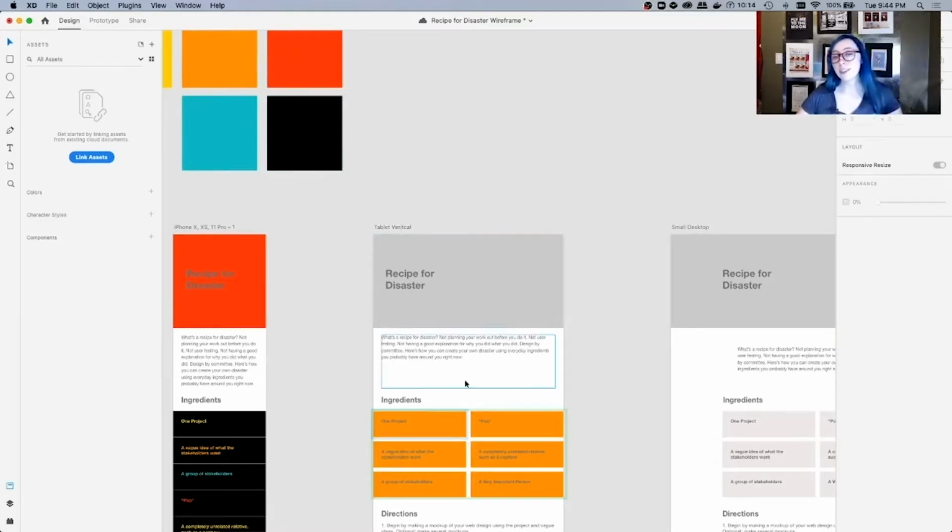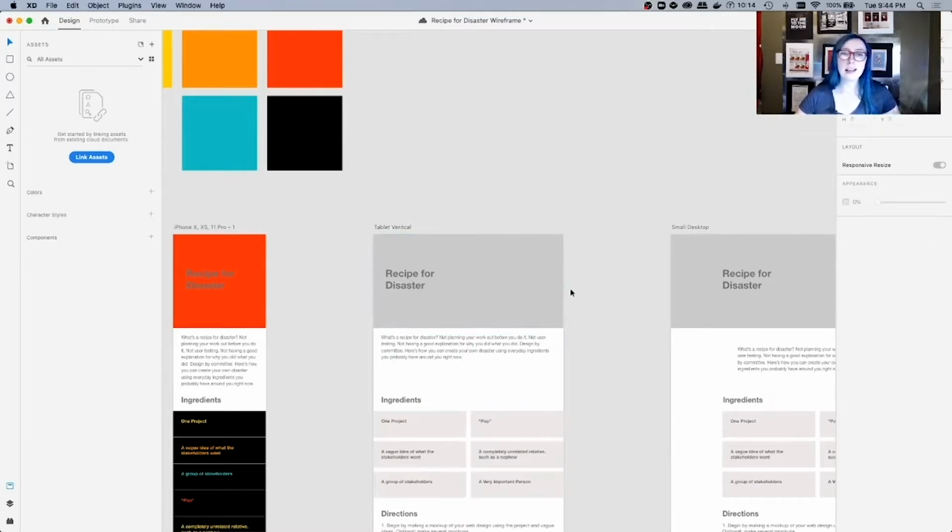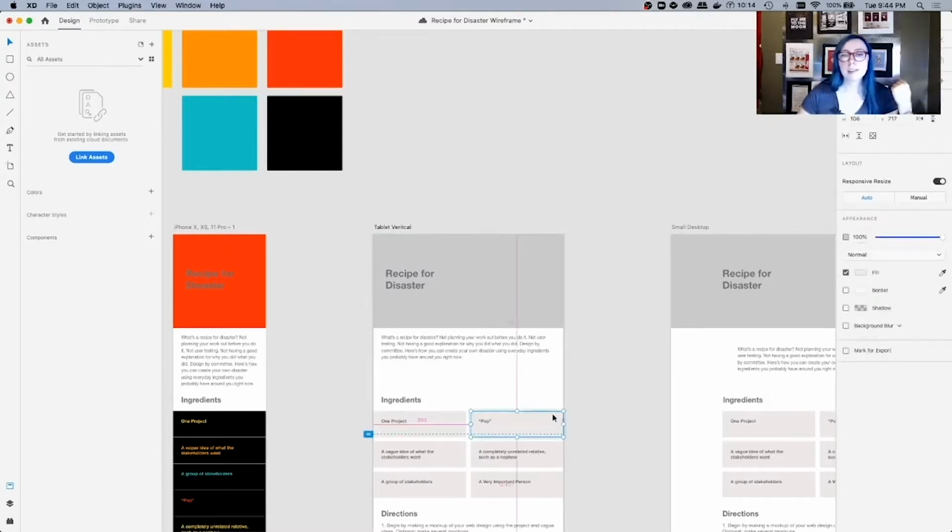One thing you'll notice is that because we're in a repeat grid, it's editing everything. To avoid that, you can click this and then use Ungroup Grid. That will make everything individually editable. You don't really need the repeat grid at this point anyway because we've already put all our content in wireframes. So now you can get to individual pixel level editing.